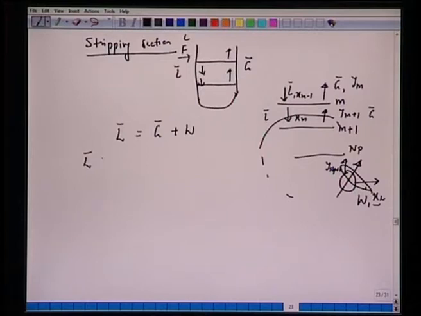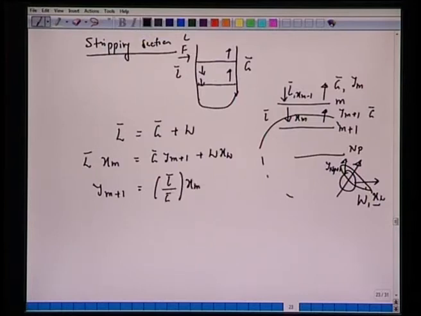And similarly we have L bar Xm equal to G bar Ym plus 1 plus W XW, and we can rearrange to write Ym plus 1 equal to L bar over G bar Xm minus W over G bar XW,